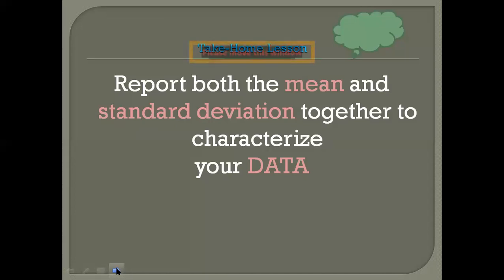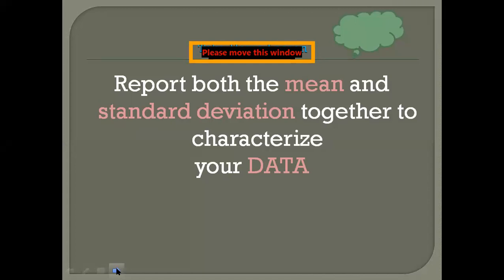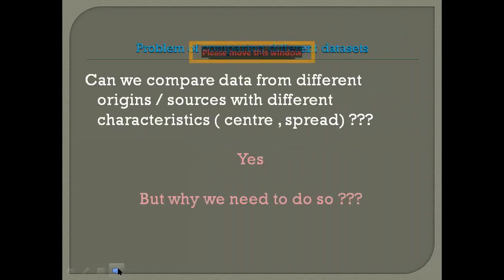So don't tell someone that my data has this much mean. This is not going to tell them the whole story. If someone tells you my data has this much mean, this does not tell you the whole story. If you want to understand the whole description of data, you should tell someone two things. One is the mean, where the center of your data lies, and second is the standard deviation, how spread out your data is, right? How spread out your data is. So this is an important thing to note. Okay,